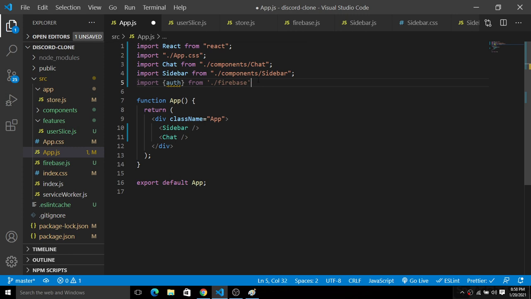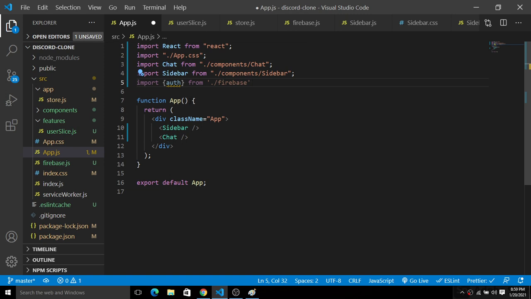I will do this by using the ternary operator. So basically if there is a user, then we will throw the user to this sidebar and the chat component, and if there is no user, then we will throw it to the login component. So how are we going to achieve this?